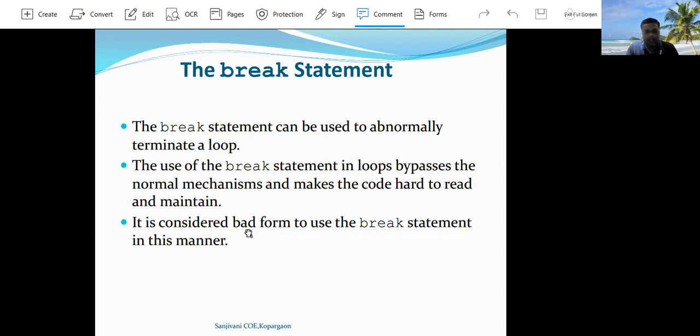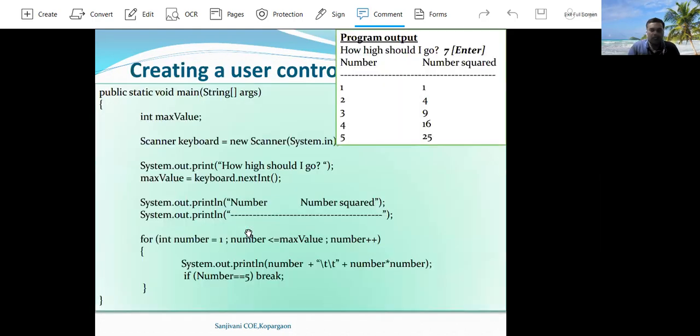It is considered bad form to use a break statement in this manner. Here break statement is used for abnormal termination of the loop statement. Here in this example, the use of break is shown.